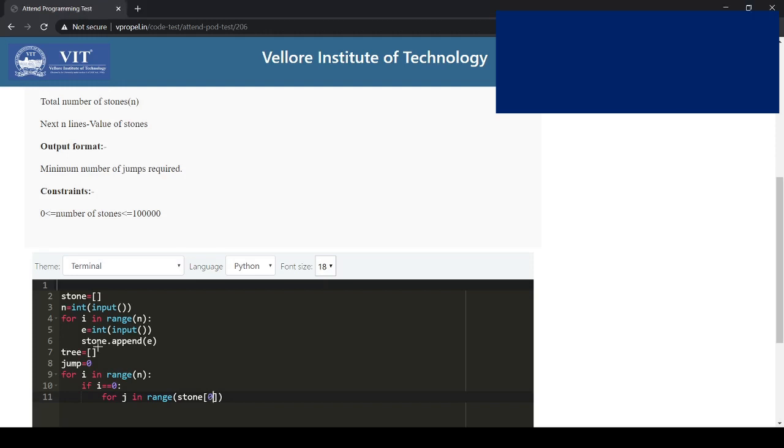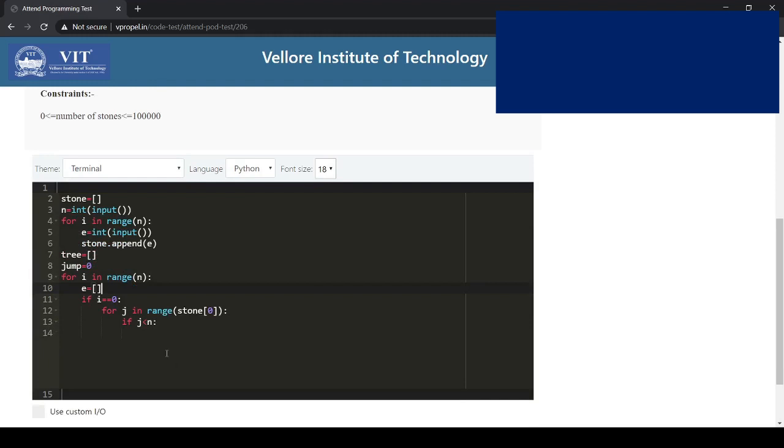We check for every case that if j is less than n, and we create an e over here so that we can append it to the tree at last.